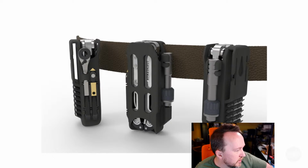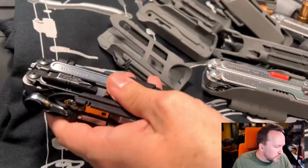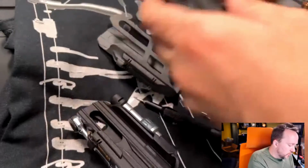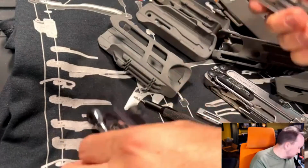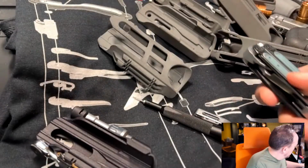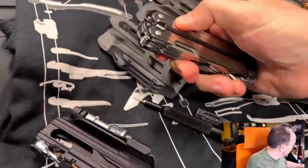Can the ARC fit in any of the holsters with the thumb tab installed? You're talking about my thumb tabs or the thumb tab that comes with the tool? It's obviously designed to fit the thumb tab with the tool. And then if I dock, let's see here. Actually, I have thumb tabs, so let's just answer that live. So here's the thumb tabs. If I put those into the file,